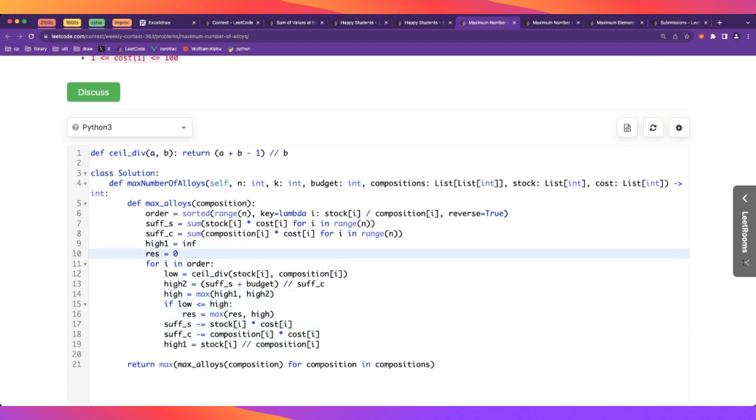And there is one catch, which is, yes, it could be that we have a number of elements which is less than all of them. So in that case,